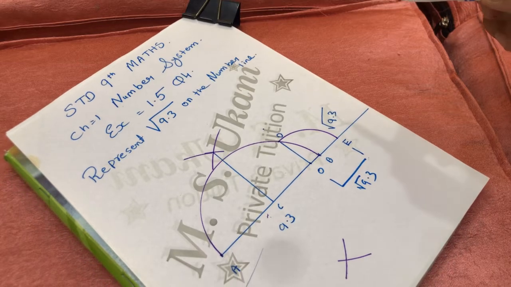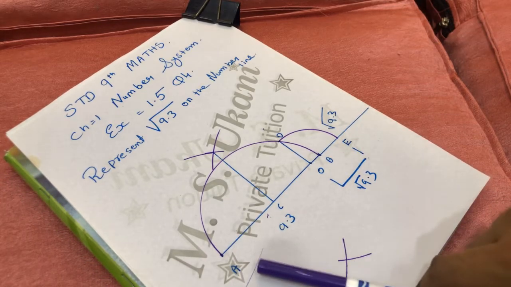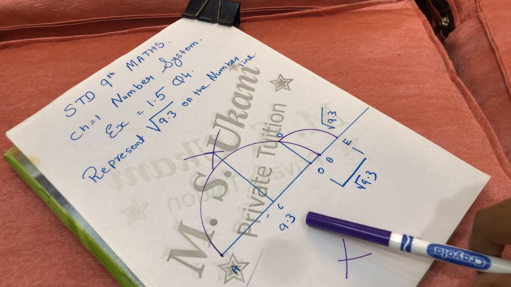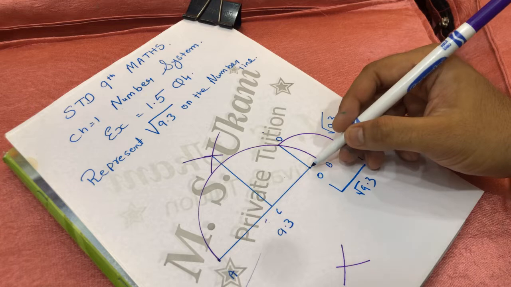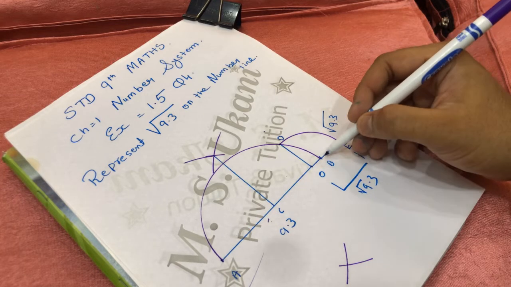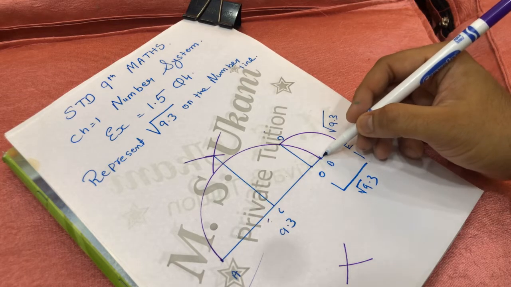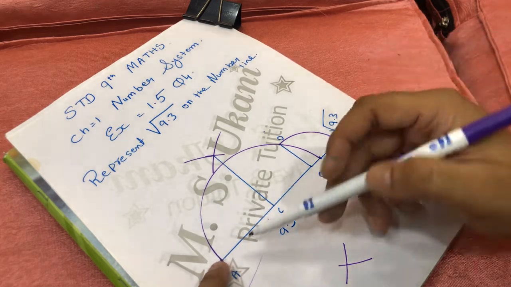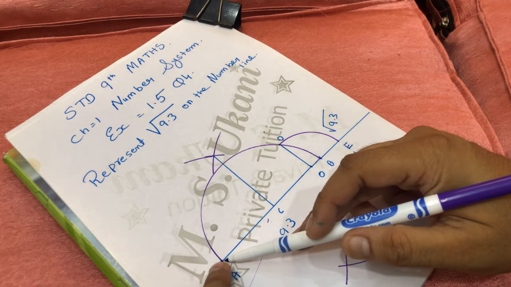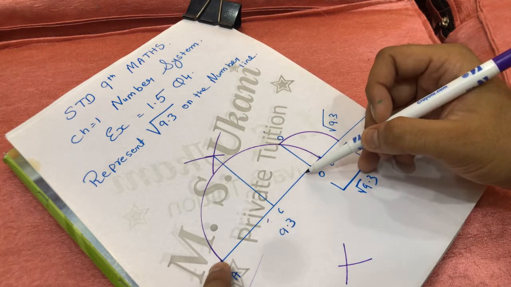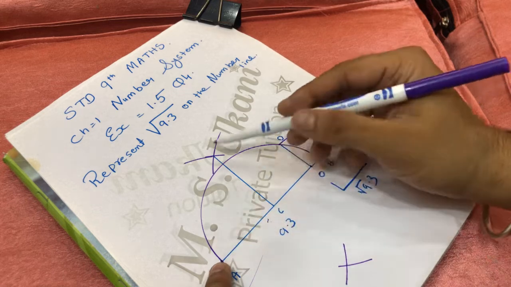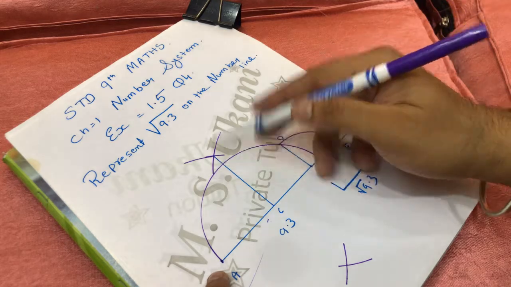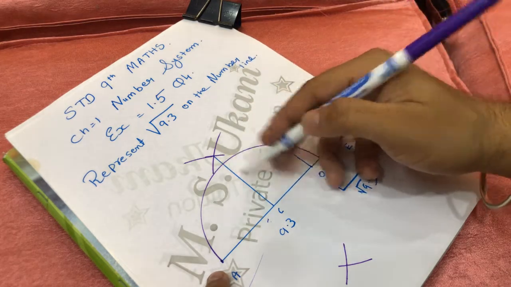So let us repeat the steps. First of all, we make a line segment of 9.3. After making the line segment 9.3, we have to extend one more cm, from O to B. After making O to B, we have to make a perpendicular bisector of A and B. Means we have to put the compass on point O and open it more than the radius. From O, we will cut one arc on the upside and downward. From B also, here and here. So we will get the midpoint.